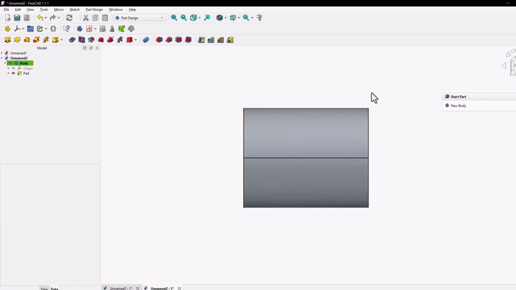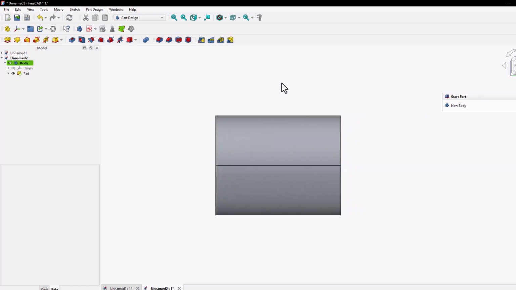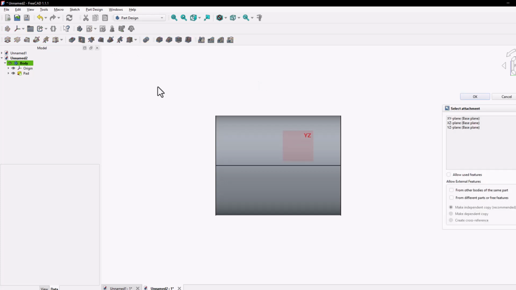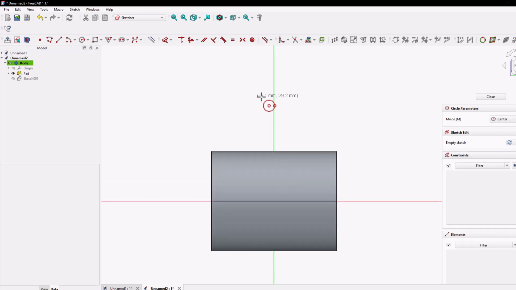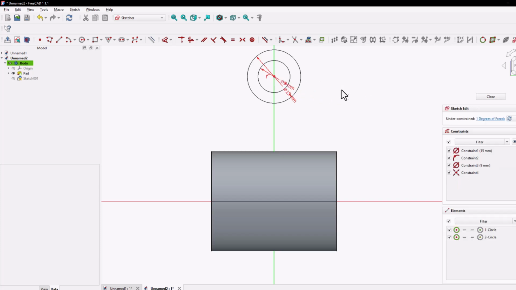We will set the view to normal, then select new sketch again and choose YZ plane. We will use the circle command again and place the first circle with a dimension of 15 mm and the second circle with 9 mm. Next we need to apply the distance from the center of this circle to this edge.